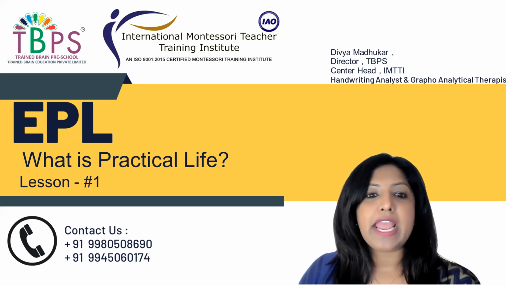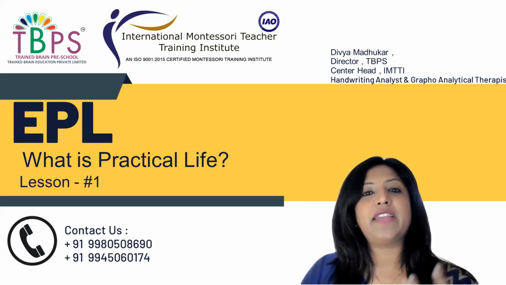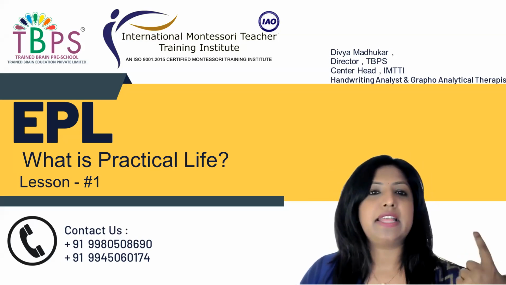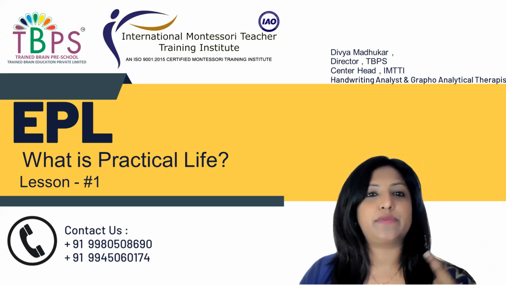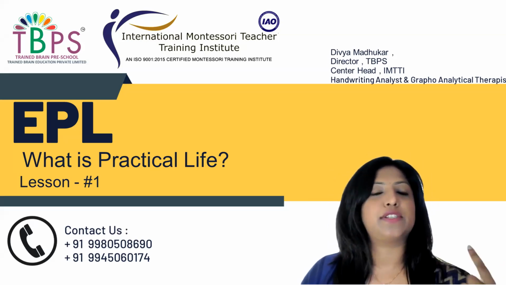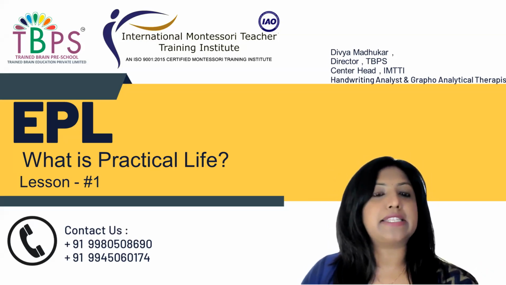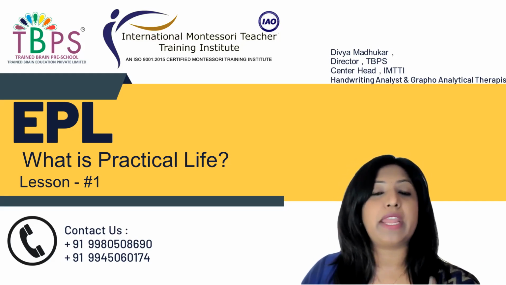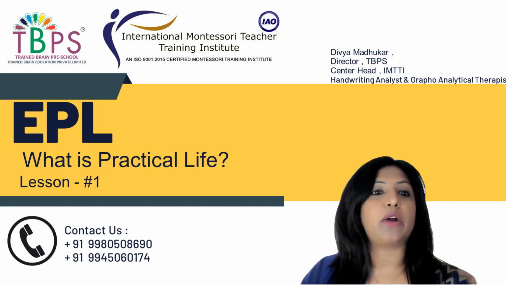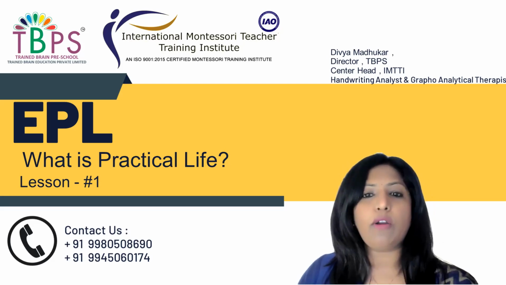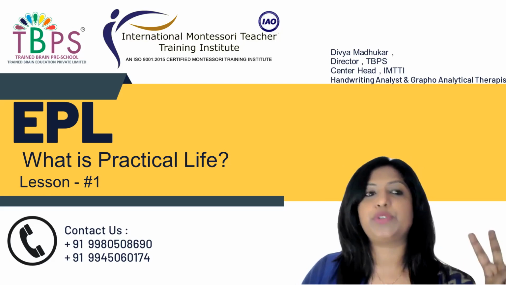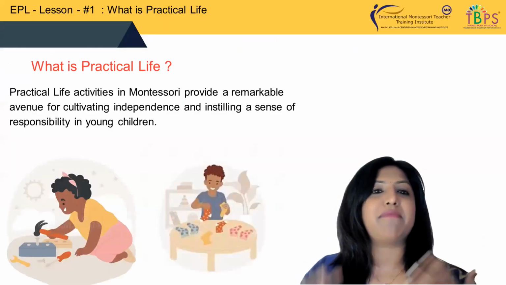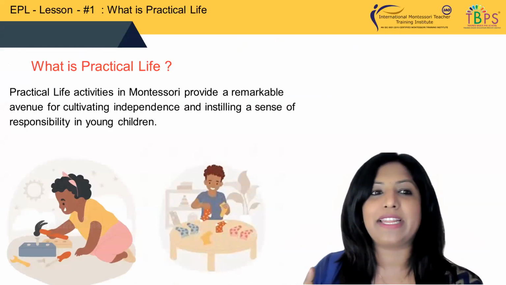In the previous class, we discussed the 5 different areas in Montessori, starting with preliminary exercises. Then we also looked into exercises which take care of a person, exercises on the environment, and exercises which help our children with coordination and movement. We also looked into exercises which talk about grace and courtesy. Having all of these 5 different areas, we saw 2 different areas, and the third one is what we had to begin with. So let's understand in detail what practical life is.